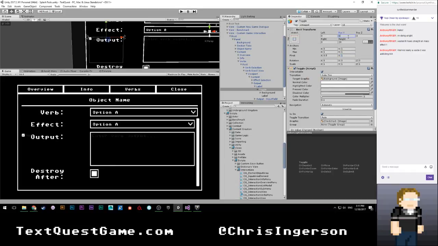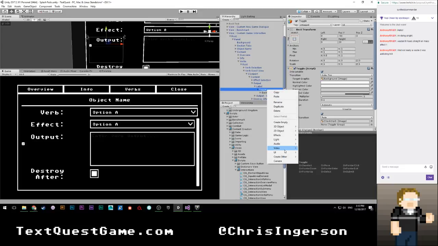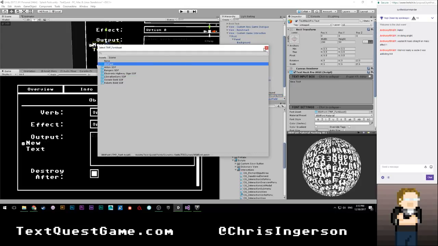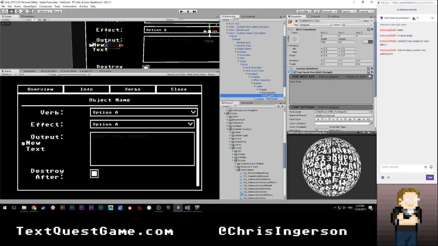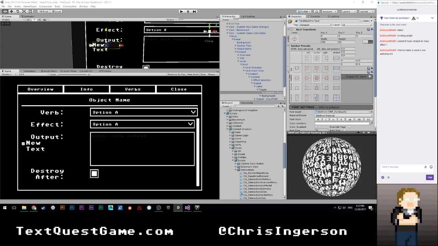Position, I guess our position will be -50. That seems right. We're going to get rid of our label here. We're going to re-add a TextMesh Pro label. Make sure that it's our correct font. And let's see. So I think what I'm going to do here is set this label up to be